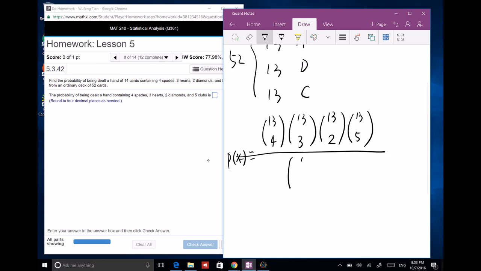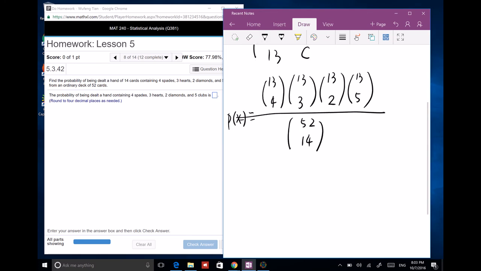Total sample space is 52. Randomly select 14 cards. Okay, that's how you do it. And then you can find that answer yourself and see what that is. Okay, so the top is 13 factorial over 4 factorial times 9 factorial